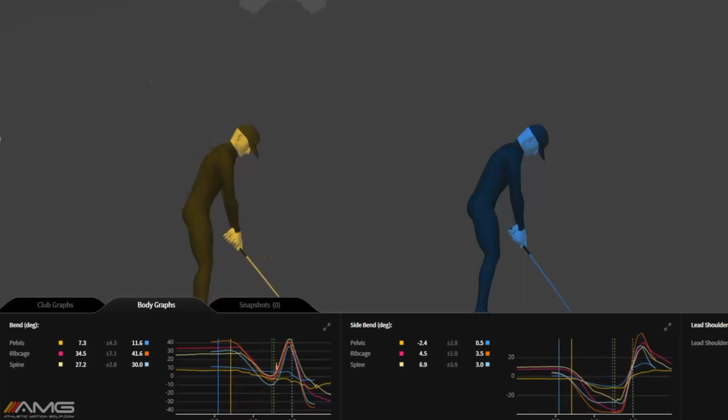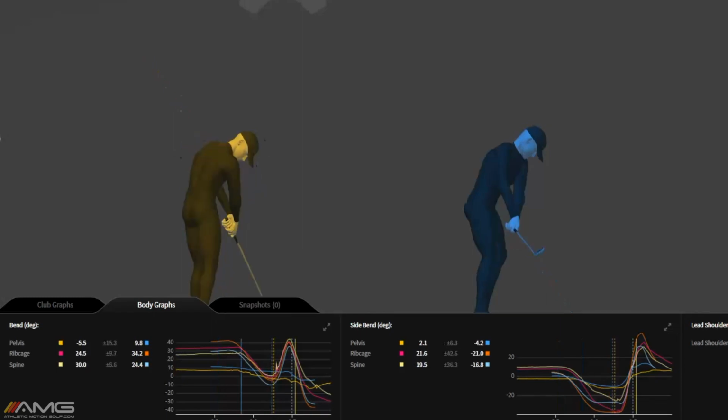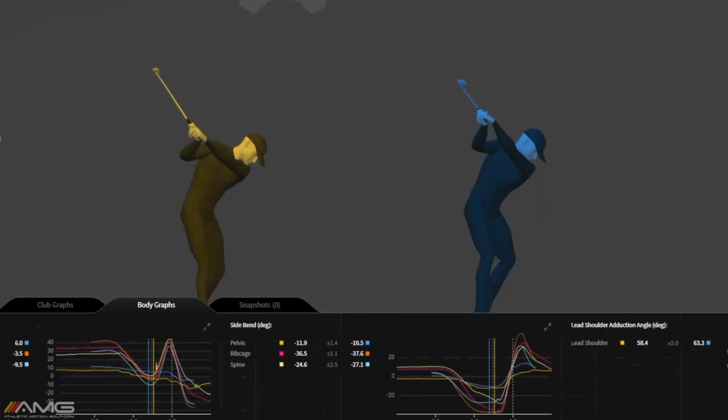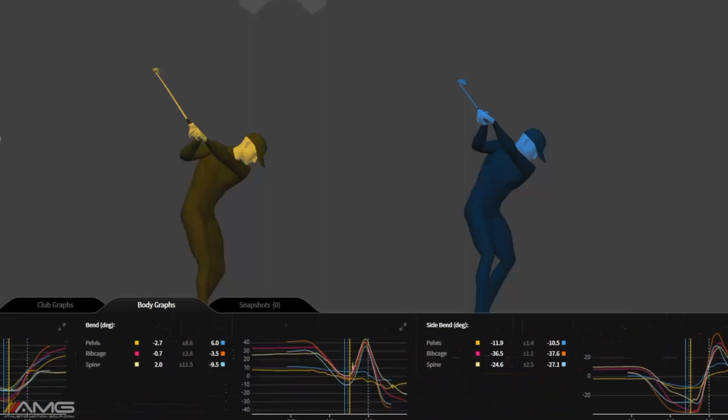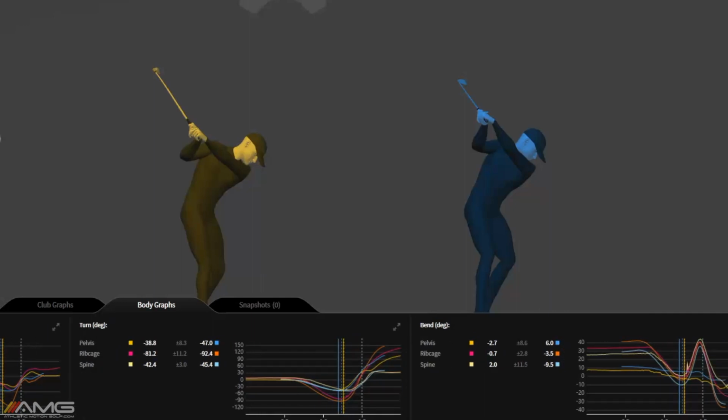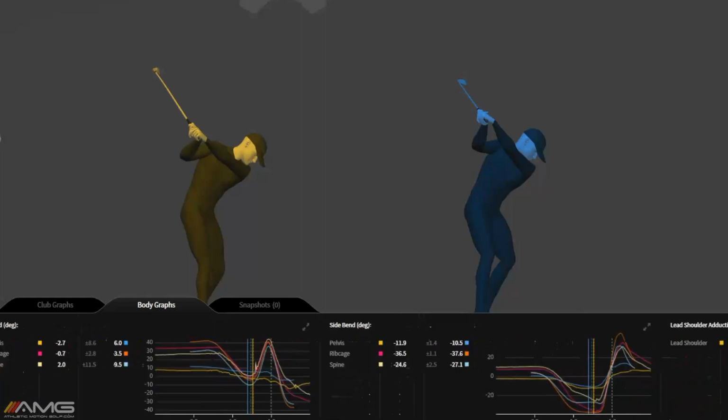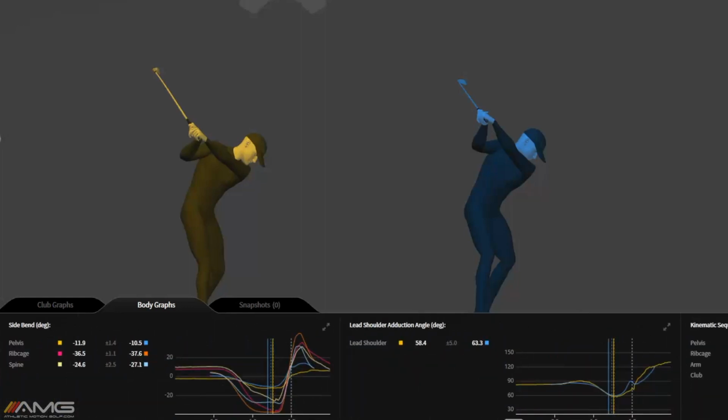Now, as one more key area we would look at here, let's take these guys up to the top and just put them there for a second. If I can find what I'm looking for. So the other key area would be a side bend number. I've talked about this in another video, but as this tour player comes down, we can look at the side bend numbers. Side bend of the pelvis 10 degrees, rib cage 37, just means he's tilted toward the ground with